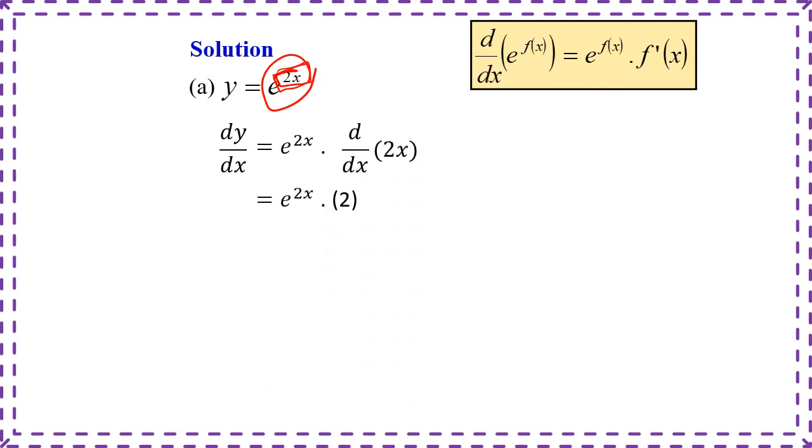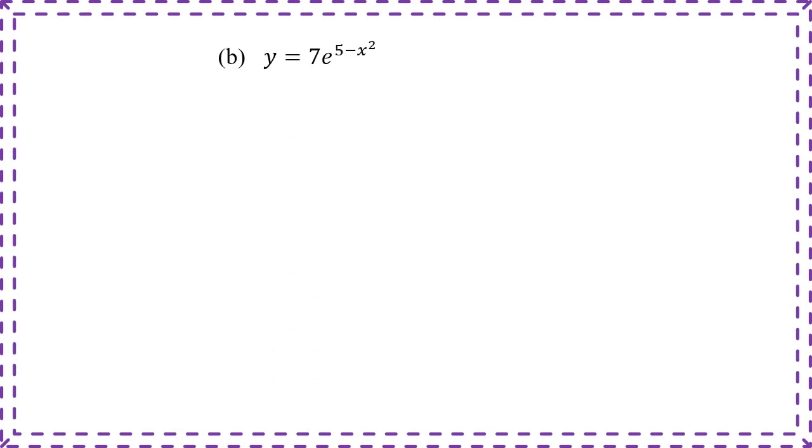So differentiate 2x with respect to x, we get 2. So the answer will be 2e to the power of 2x. Simple, right? So for question B, we have y equal to 7 multiplied by e to the power of